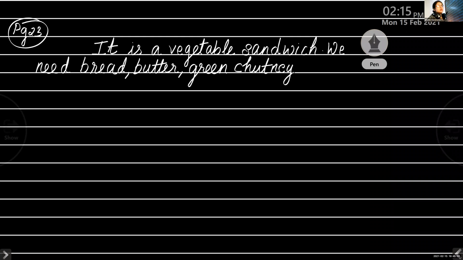What is pudina? Mint leaves. You might be knowing. It's used in biryani. It's a very spicy type of condiment. Green chutney, cucumber,